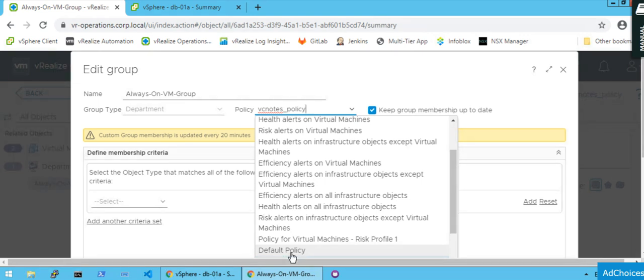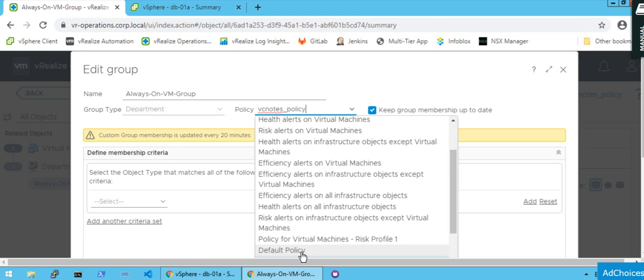What I have done is, rather than selecting this default policy, I have selected the VC nodes policy. Why? Because in the default policy, the automation option is not supported. So guys, this can be very dangerous. Make a note that if you select the default policy here, and if you change the default policy parameters for the automation, wherever this default policy is selected, everywhere virtual machines will be powered on.